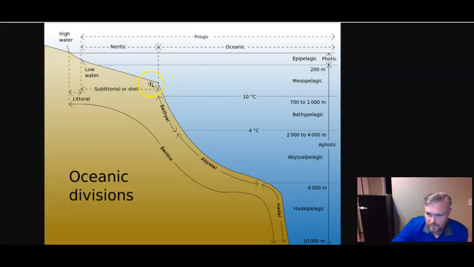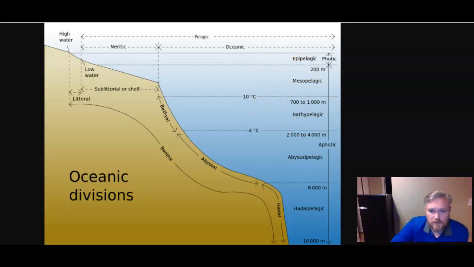It can get up to about 300 meters, 400 meters deep, but it's relatively shallow compared to the entire ocean. And then oceanic is just going to be open ocean water, and really I probably won't focus too much on neritic and oceanic as much as the